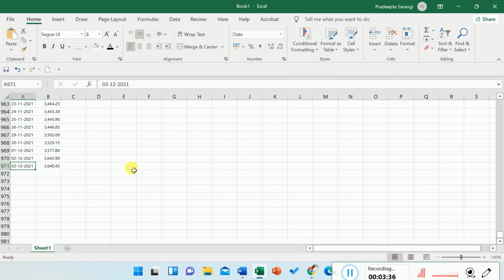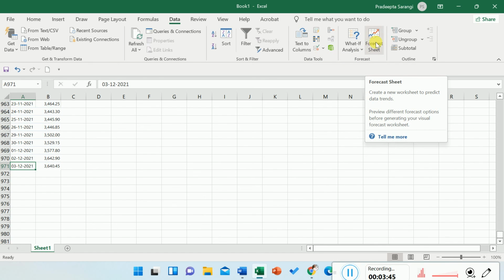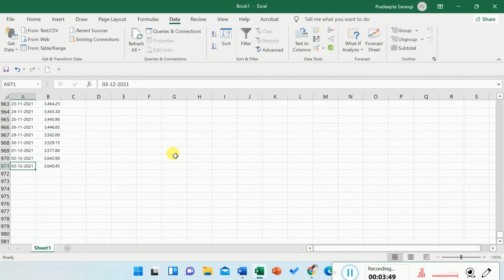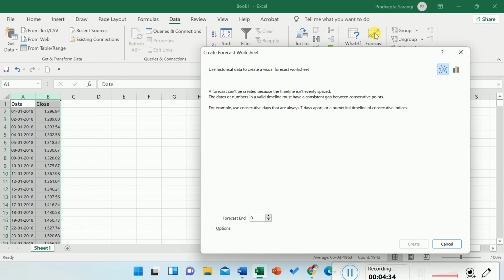Our main objective here is to use a particular forecasting technique, the forecast sheet, and how we can use it in Microsoft Excel. So we'll explain this through this example. So our data is ready. Now let's apply the time series forecast function on this data. So let me first select these two, then I will go to this forecast.